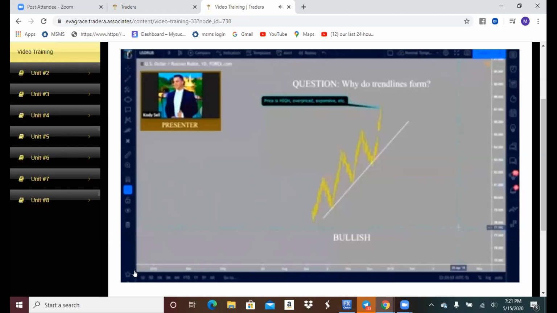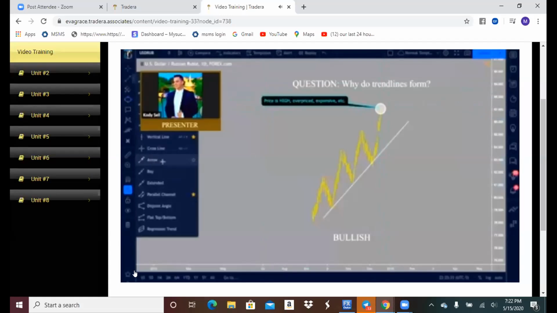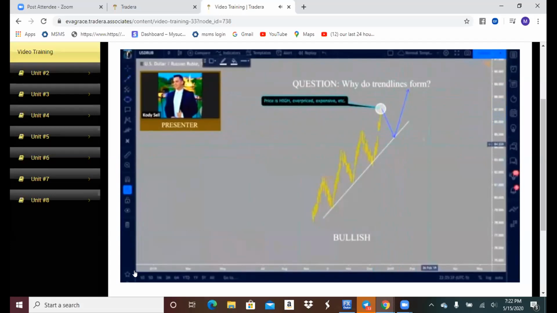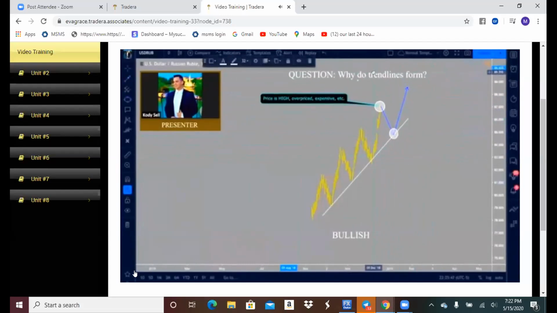So when we look at trend lines, what we're really seeing is institutional investors coming in at a common discount rate. So if you open up a chart and you see that price is up here, the institutional investors are looking at this and thinking, okay, I need price to come back down for a discount so that I can buy. And this ascending trend line support here typically forms because the discount rate that many of these institutional investors are looking for is usually around the same rate. And when you have similar pullback ratios,